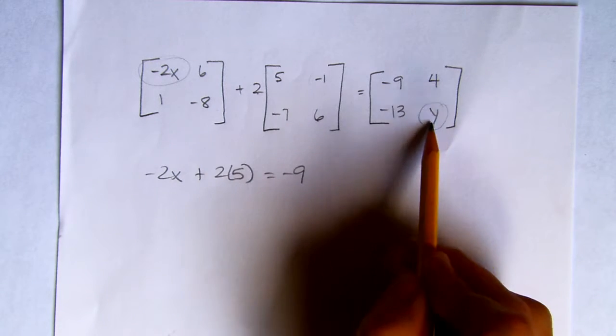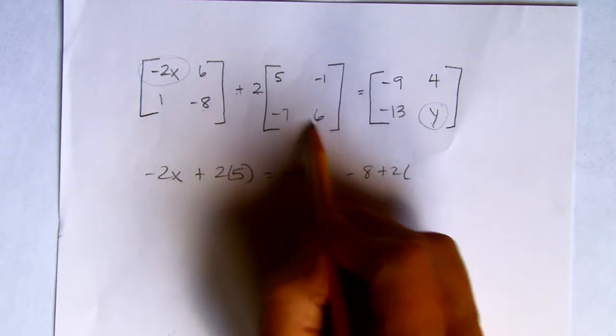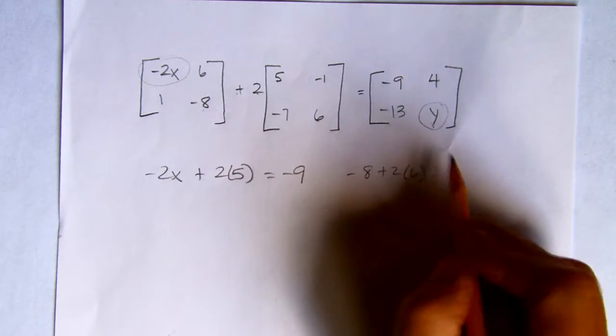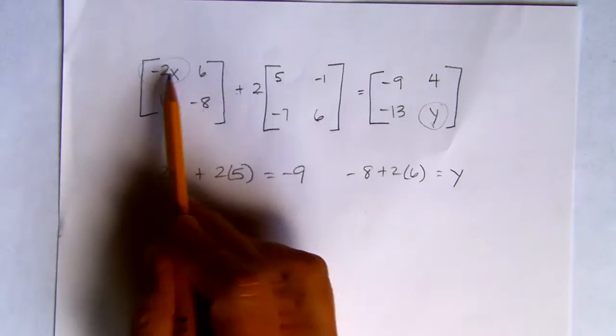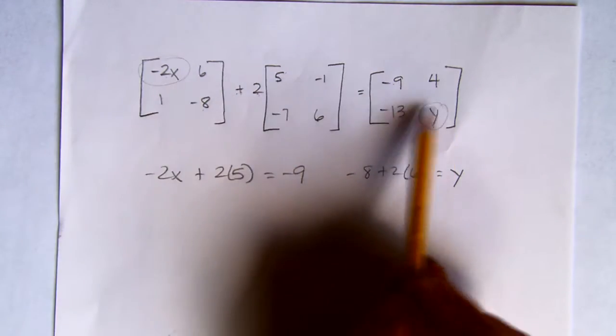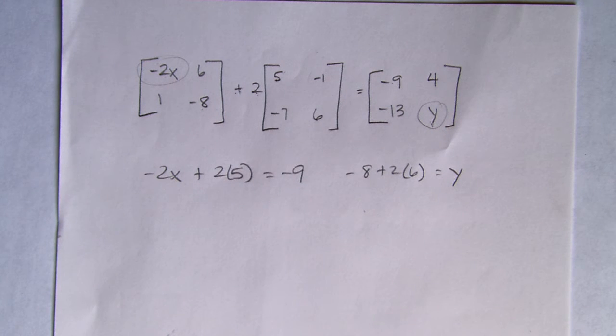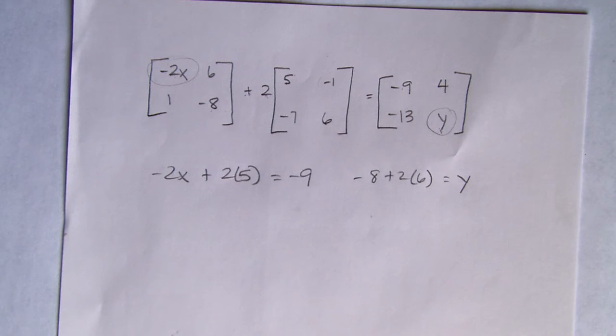And then here's my y down here. Well, where did that come from? It's in row 2, column 2. So I started with negative 8. I added 2 times row 2, column 2, 2 times 6, and I got y. So I just think about the order, where it came from. What is the relationship that involved x or y? So hopefully that helps you out with that. Again, there's always a bunch of ways to go about doing it. That's how I would do it. So yeah, that should be a nice little reprieve for your brain after systems of equations in 3 variables and graphing inequalities, and you find out matrices